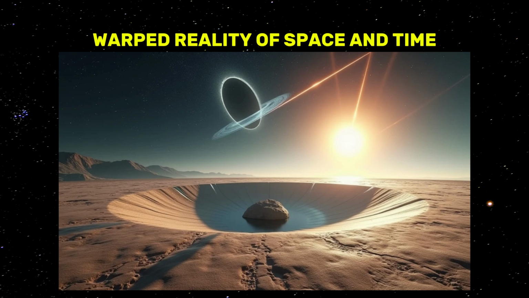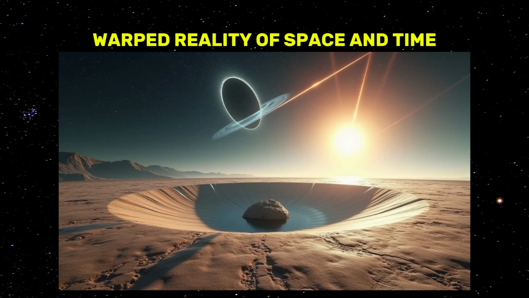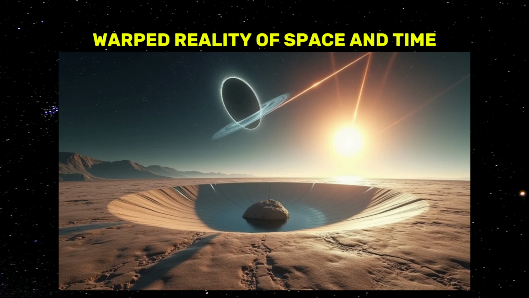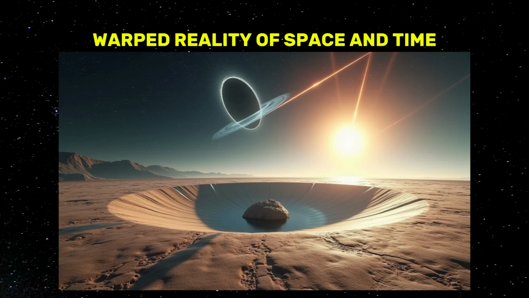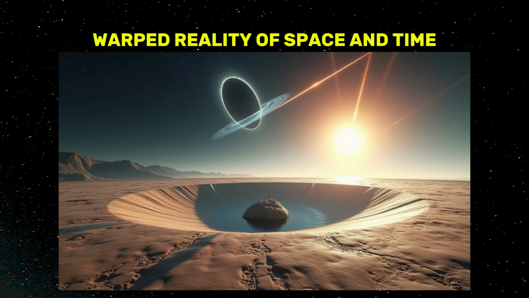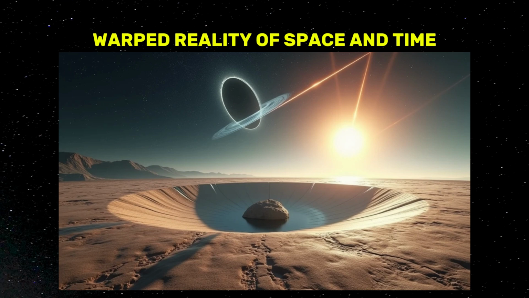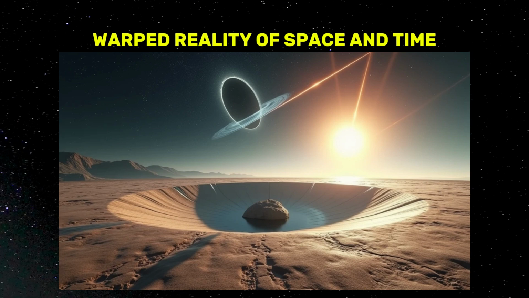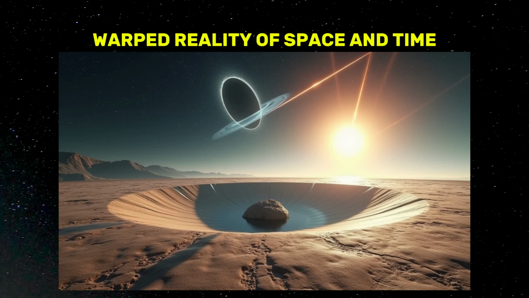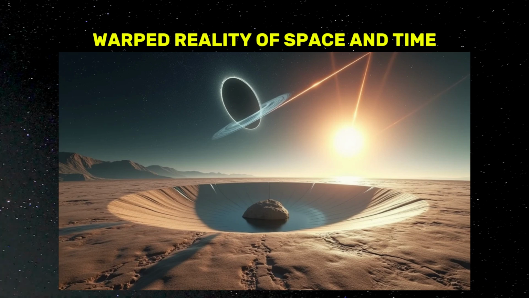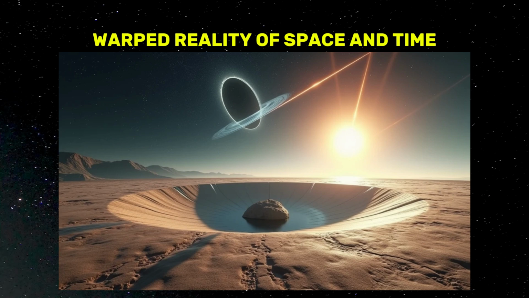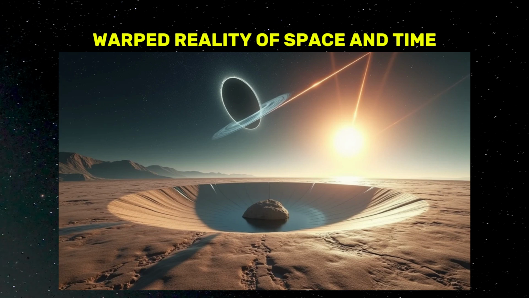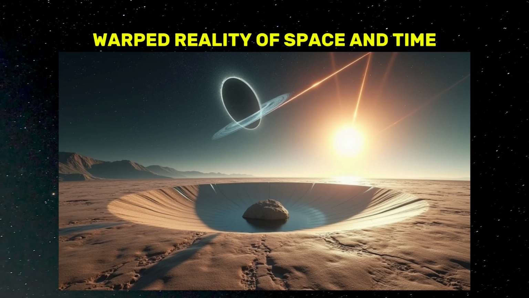General relativity has also enabled us to detect some of the universe's most dramatic events through gravitational waves, subtle ripples in spacetime generated by titanic cosmic collisions, such as the merger of black holes or neutron stars. These waves were predicted by Einstein long before we had the technology to find them. In 2015, scientists finally recorded the first gravitational wave, opening up a completely new way to observe violent astronomical phenomena. These waves carry information about the origin and nature of their source, allowing scientists to study cataclysmic events billions of light-years away.